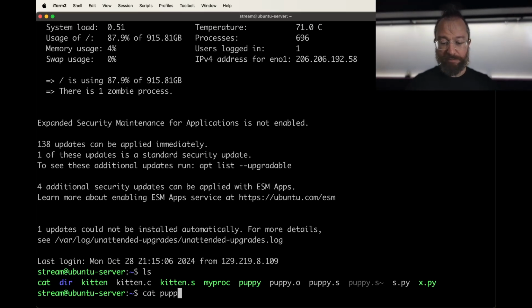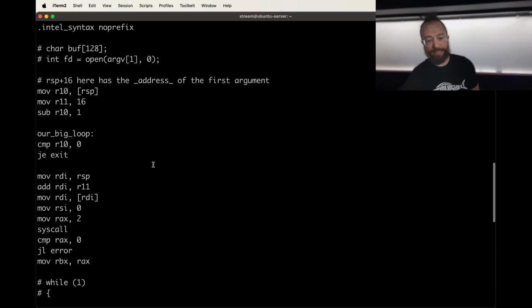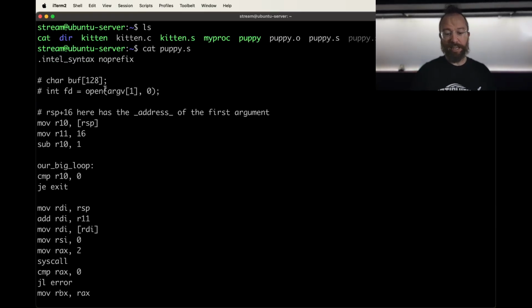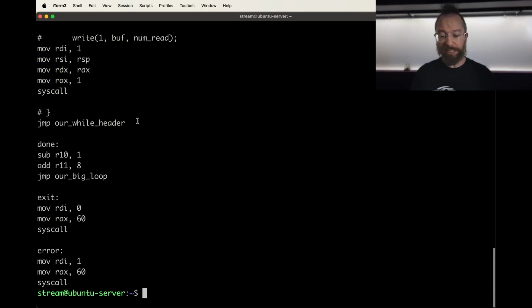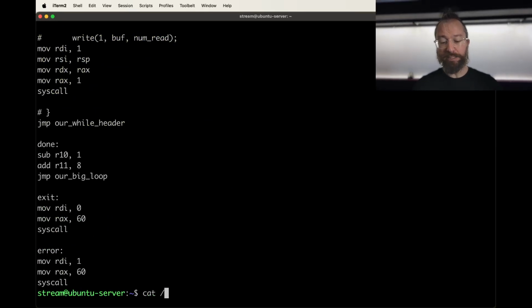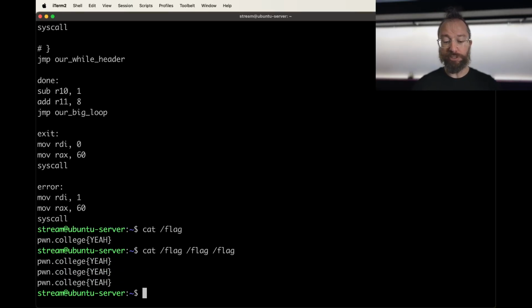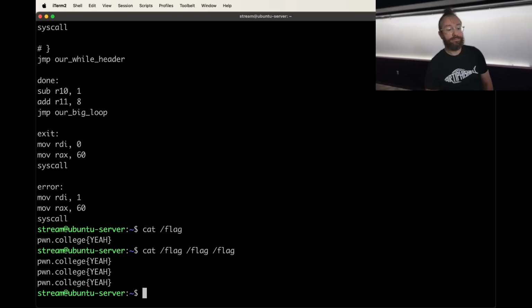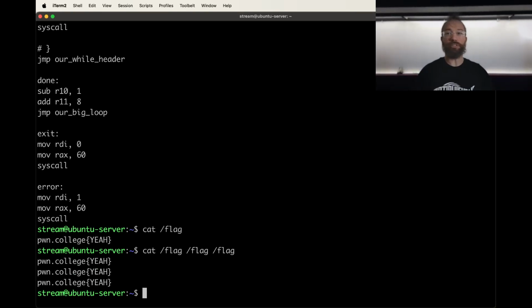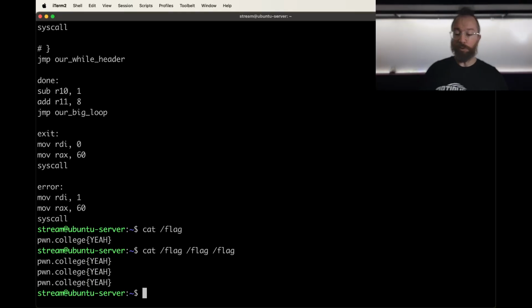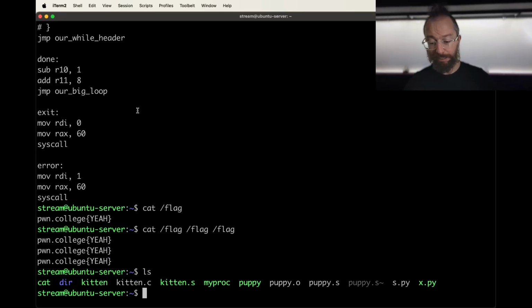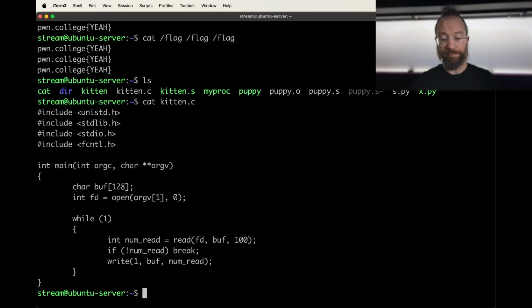As a reminder, we have puppy.s, and puppy.s implements basically cat, right? With cat, you can cat a bunch of files like /flag, or multiple files, or multiple instances of the same file, and it just prints them out to standard out. We wanted to write cat in assembly. First, we wrote a mini version called kitten in C, and then we tried to re-implement that in assembly, and it all worked